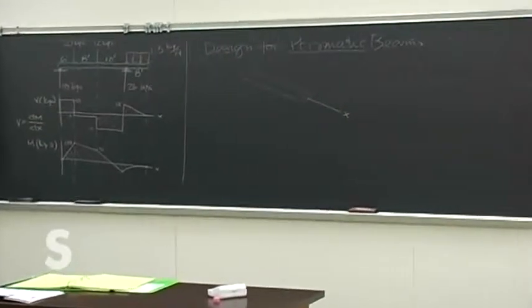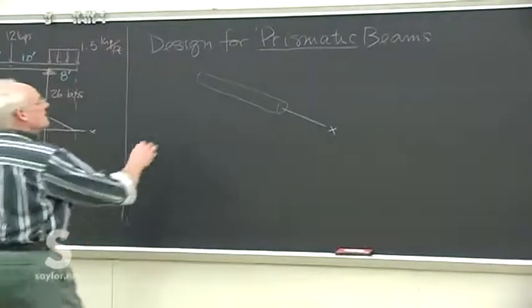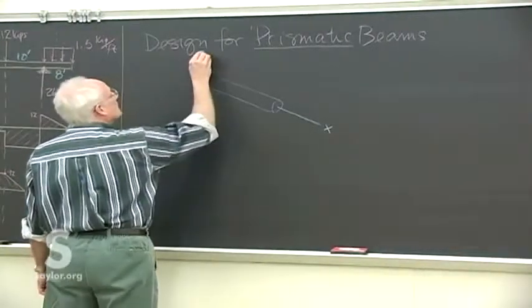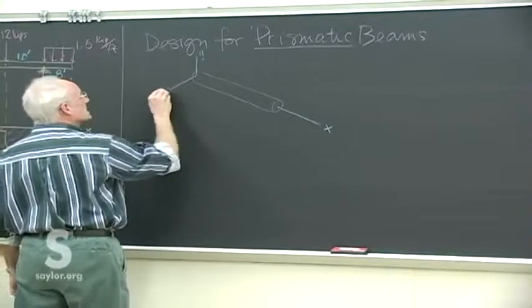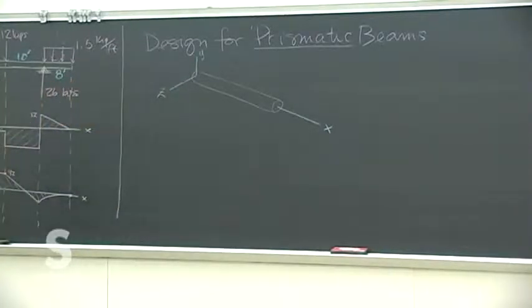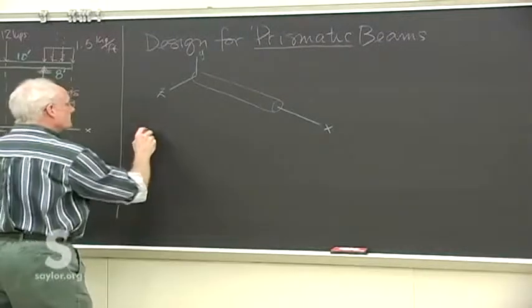We'll put x down the length of the longest dimension of the beam. Typically, we'll let y go up, and then using a right-handed coordinate system, z will come out from the side there. So our prismatic beams are those defined such that they are